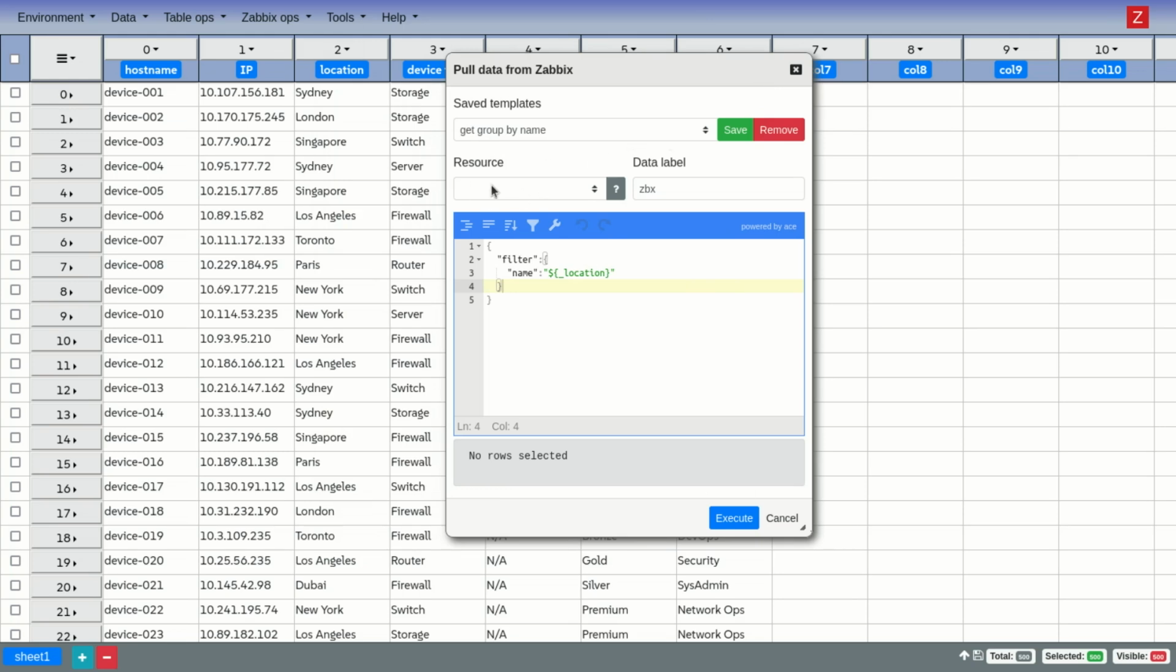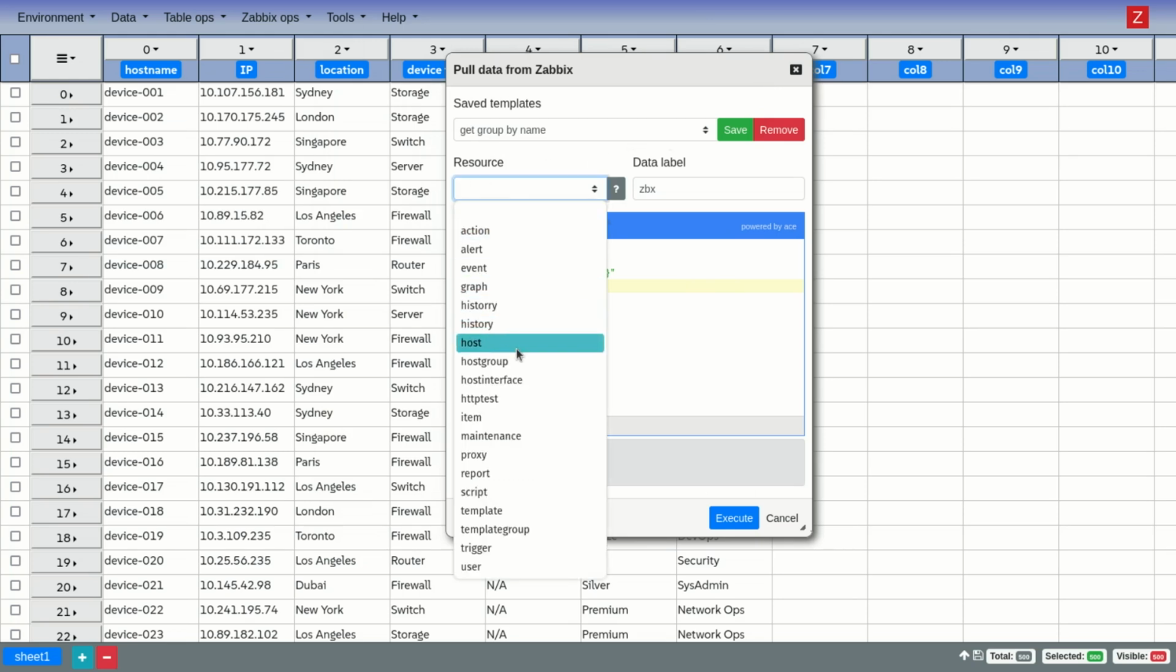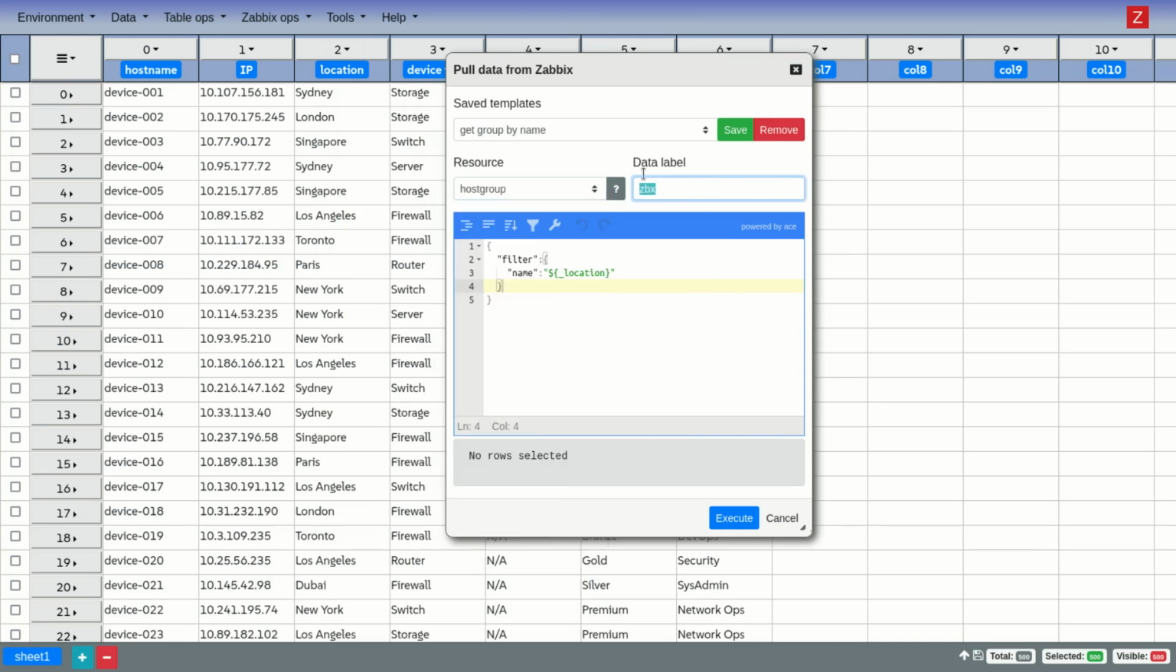So what we have here, we have the resource which we want to fetch. So this is going to be about host groups. Now the data label is used to save the data on the row level. So when I'm going to access the data which is being returned by this request, I'm going to use this label to access it. You will see later on how this is being used. Now about the request,